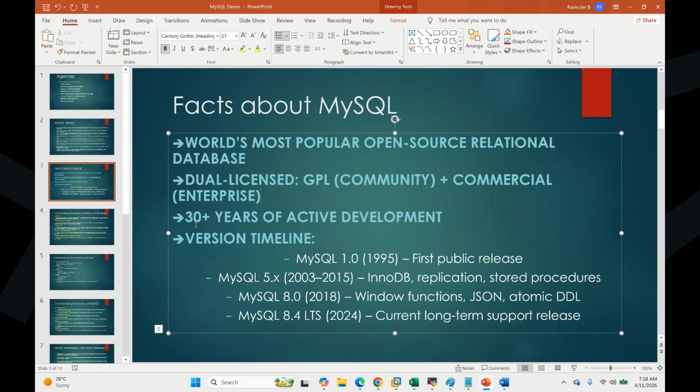If you look at 1994 to now, we are in 2026, so 32 years of experience in the product as open source, where it is getting developed. There is a wide range of community support available for MySQL. Even if you don't have enterprise, you can go to the community and ask questions, and people will respond. The only thing is, you can't demand. When you don't have paid support, you get support from the community at the people's own speed and time, so you cannot expect support immediately.